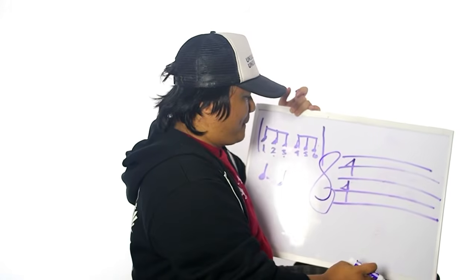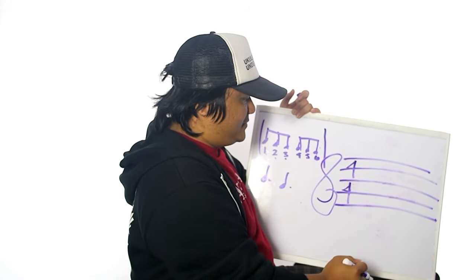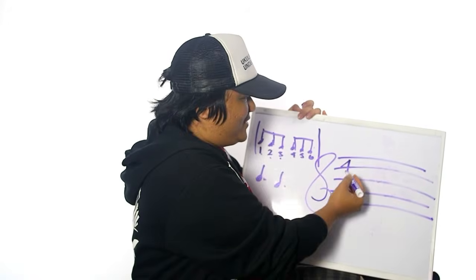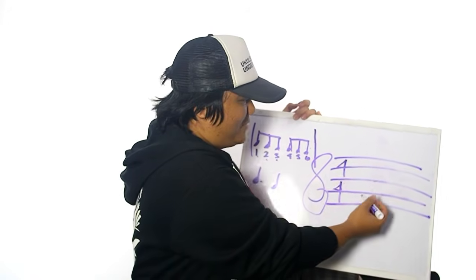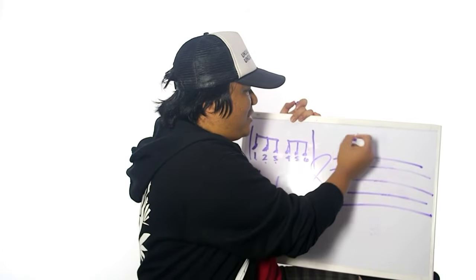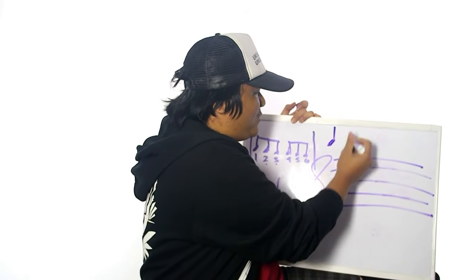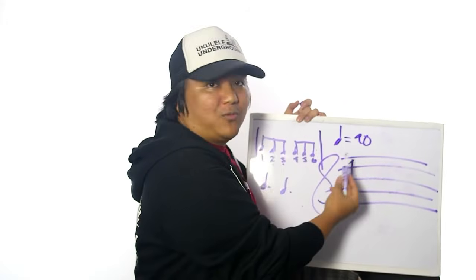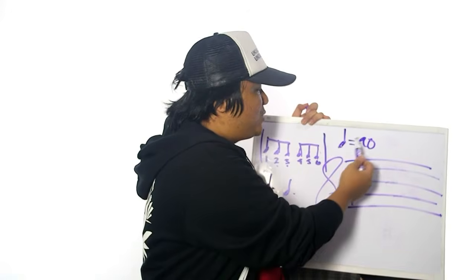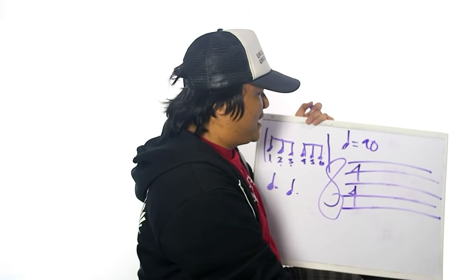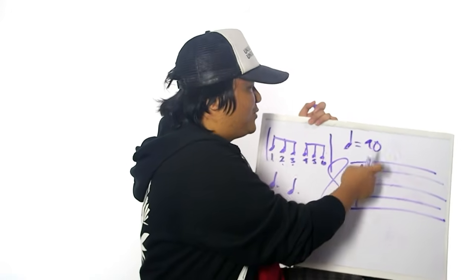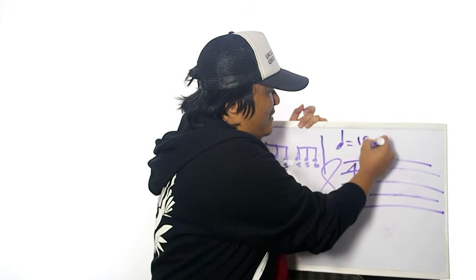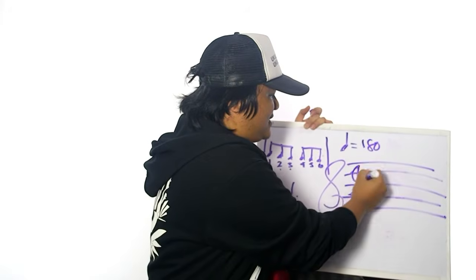If there aren't the staff lines, then they do the line. Anyways, here's what regular music notes look like. Up here they usually have quarter note equals whatever, like 90, and that tells you what the beat is. Each one of these quarter notes gets 90 beats per minute. Something like that. 6/8 will probably have something like 100-something, so in that sense maybe 180 if it was in 6/8.